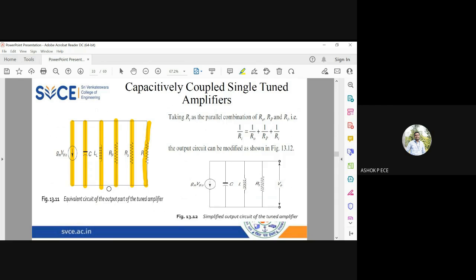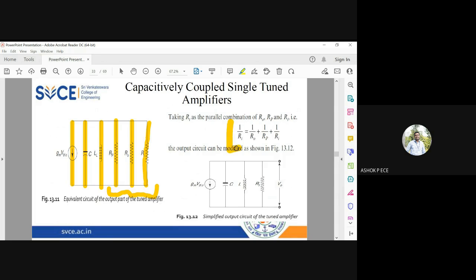So again, there is a scope for simplification. Three resistances in parallel, I can simplify them. R_P, R_o and R_i are in parallel, so the parallel combination of R_P, R_o and R_i, I'm taking as R_T. You know, when resistances are parallel, 1 by R_T equals 1 by R_o plus 1 by R_P plus